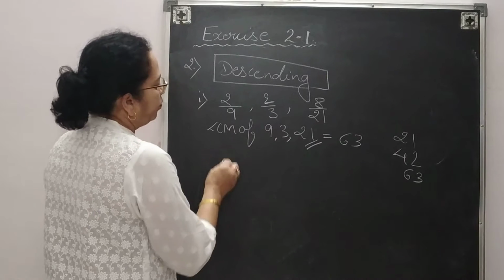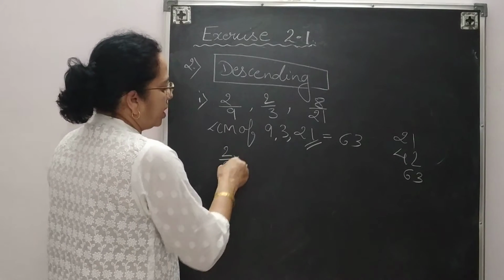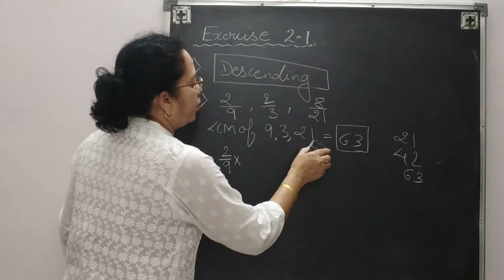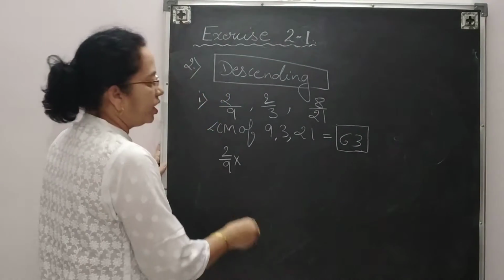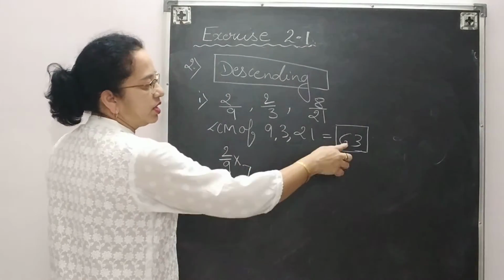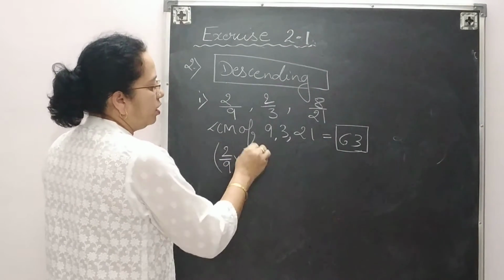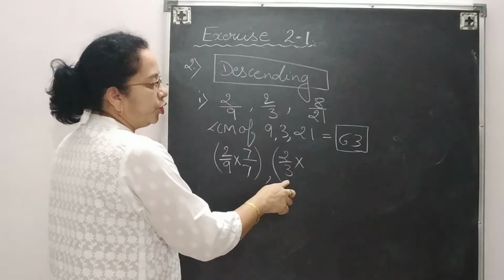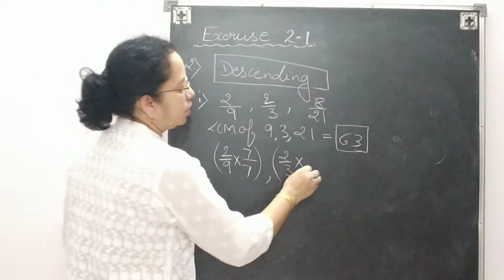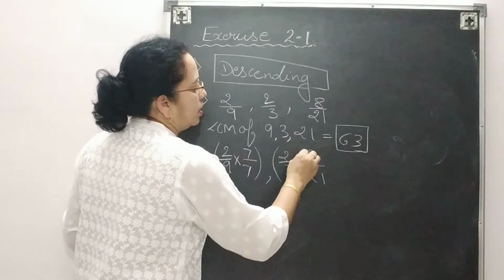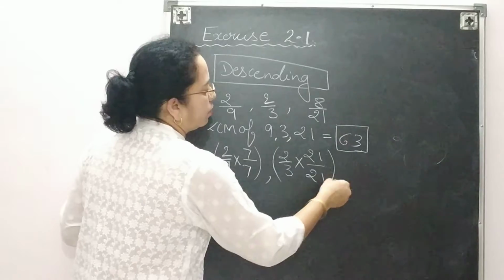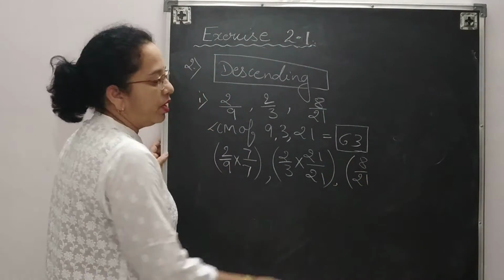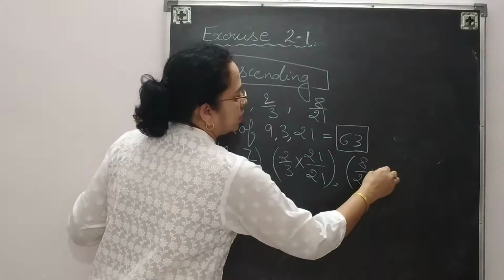This is your choice. Okay, so your first fraction is 2/9. We need every time 63. So by which number will you multiply 9 to get 63? 7. 9 7s are 63. So 7 we will write in numerator also. Take the second fraction 2 by 3. 3, how many times we will get 63? 3 21s are 63. So here we will write 21. Now let's take the last fraction 8 upon 21. 21 3s are 63.